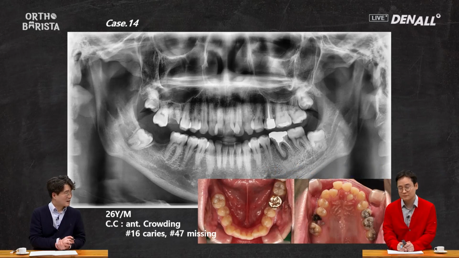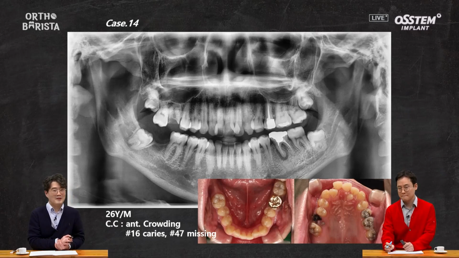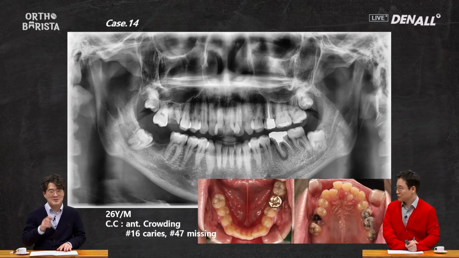Having seen so many cases requiring pulling, I've gained confidence in persuading patients to proceed with similar treatments. For instance, pulling teeth 17 and 8 forward, then addressing tooth 47 if missing, and possibly pulling tooth 48 into position. In addition, extracting tooth 36 in the periapical lesion and pulling teeth 37 and 38 forward might have been considered. Was your plan similar? I proceeded with a similar approach.